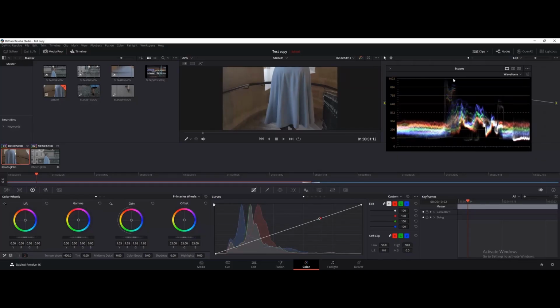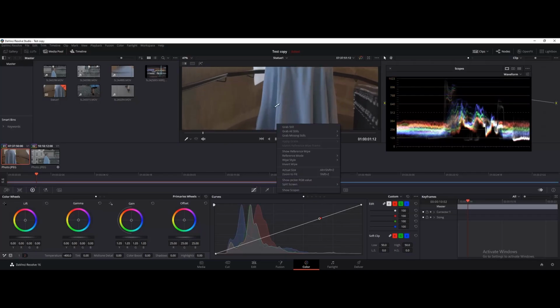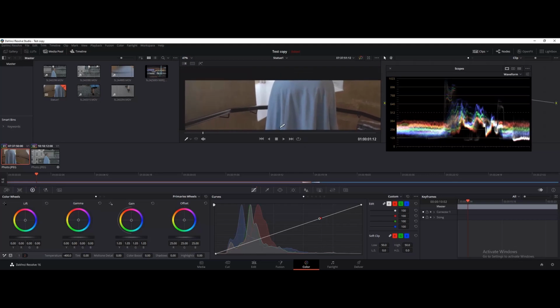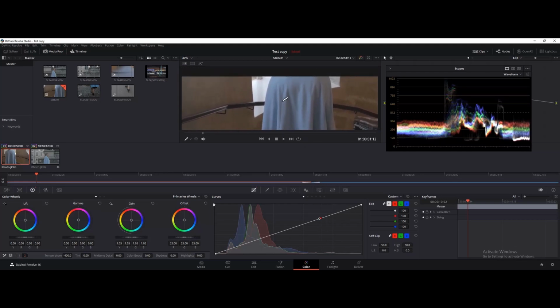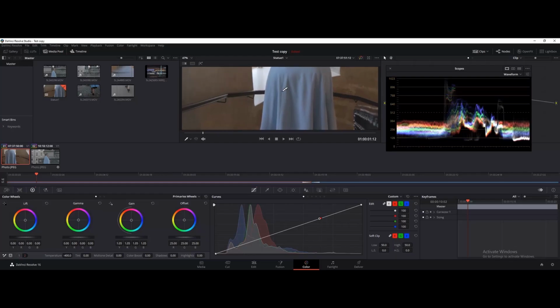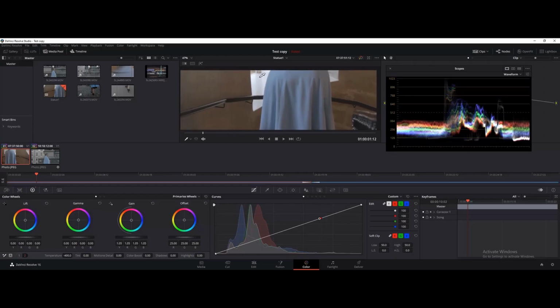That 1023 line, that's my brightest point line. In fact, if we look, I'm going to zoom in a bit on this clip here. There we go. I just use my scroll wheel to zoom in and my middle mouse button to pan around inside of the clip. I can see that I've got detail in my highlights here, but if I roll my gain value too high, it starts to clip a lot of that detail out, and that's something I really want